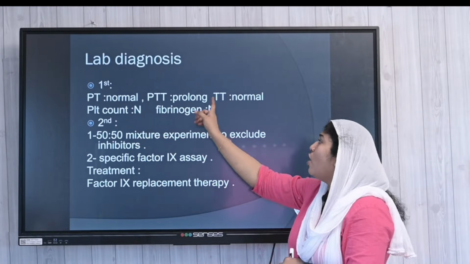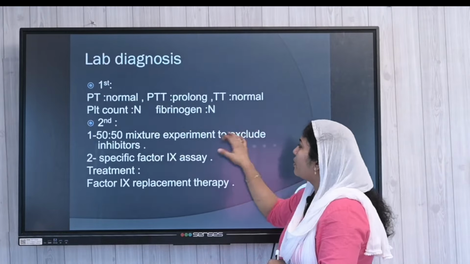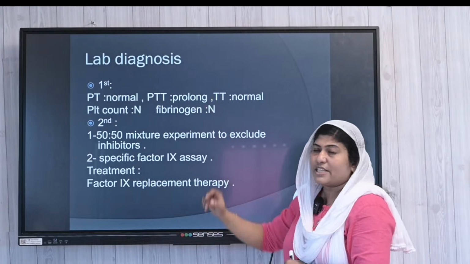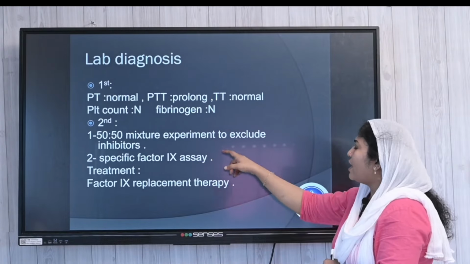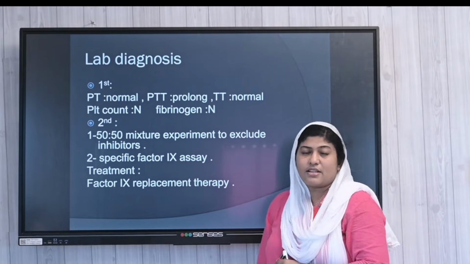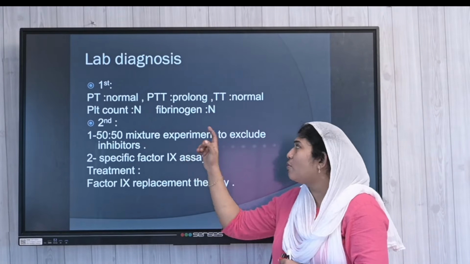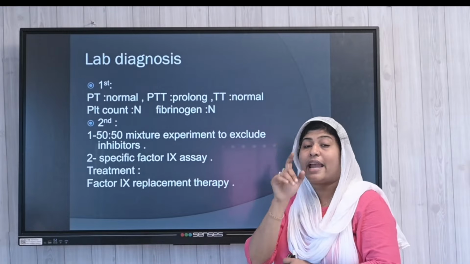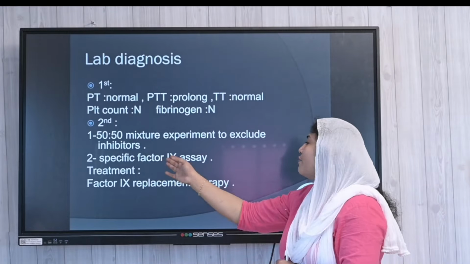will be normal. Only the problem is in the APTT area. Then here also we can do the 50:50 mixture study, but we are not checking the presence of any inhibitors, because inhibitors are more commonly affecting factor number 8 deficiency, and we are going for a specific factor